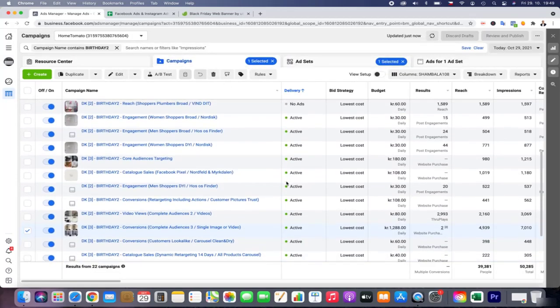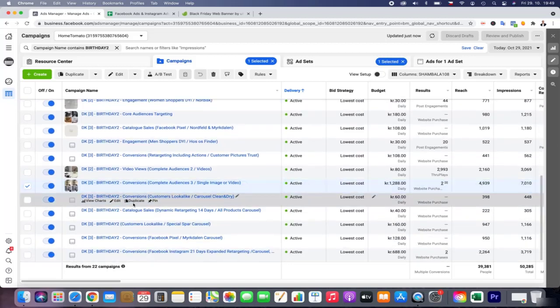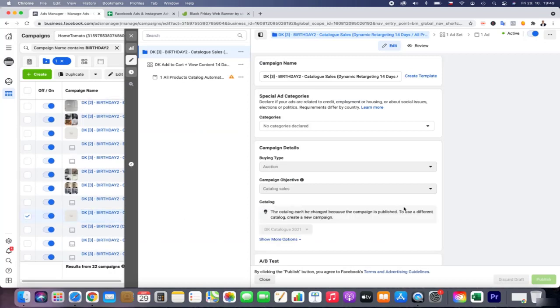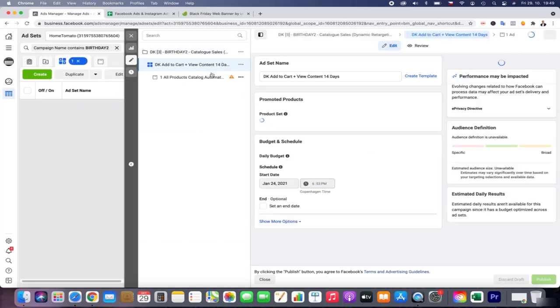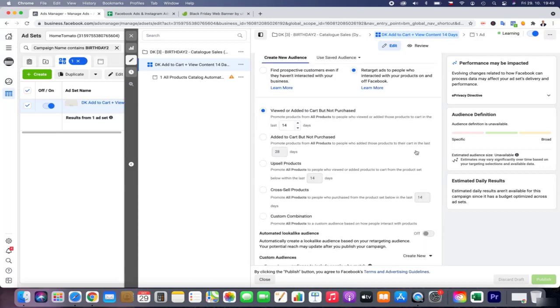And then what we also need to explain to you, we have some lookalike customers, that's quite clear. And dynamic retargeting is a very easy setup. It's just add to cart or view content. That should be quite easy for you to follow.